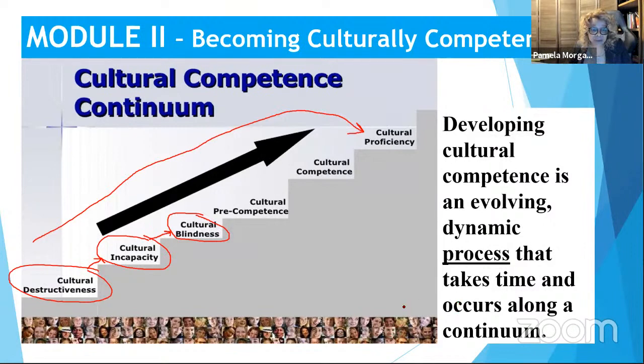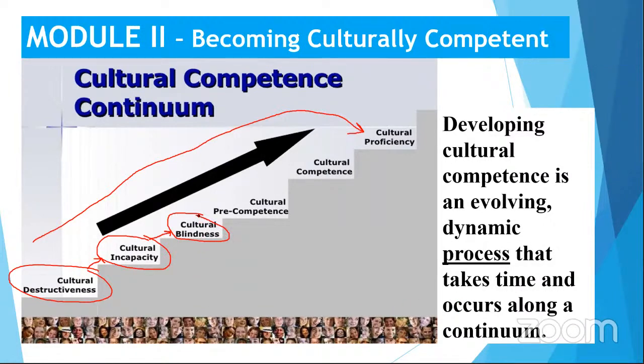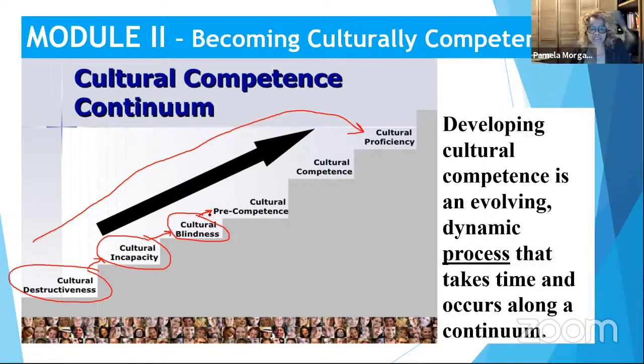We want to be fair to everybody. However, what's fair to one culture is not necessarily considered fair to another. And so after cultural blindness, realizing that everything that we feel is fair is not necessarily fair to every culture,